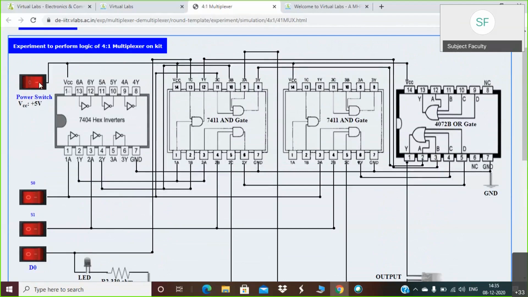You need to first press this switch so that its value is 1. I hope it is visible to you. There is a 0 and 1 mentioned there. What you need to do first is set the power switch to 1. That means your circuit has been connected to the power source.